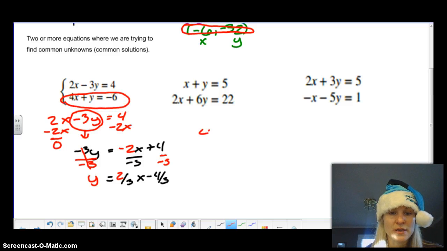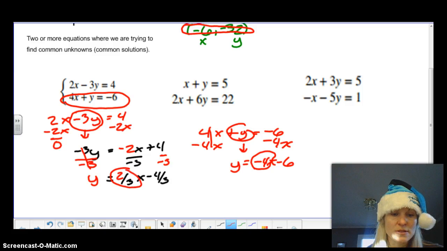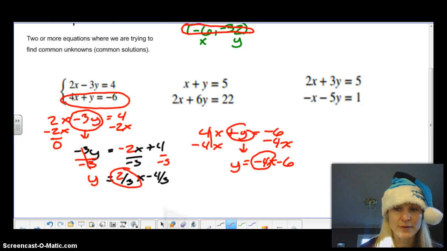So I'm just going to rewrite it over here. 4x plus y equals negative 6. Subtract the 4x over. So I have my y to bring down. This is 0 equals negative 4x minus 6. Okay, so my slope is negative 4. My slope is 2/3. So again, these are not the same, so I know they're going to intersect in one spot. So I'm going to go back to my calculator here